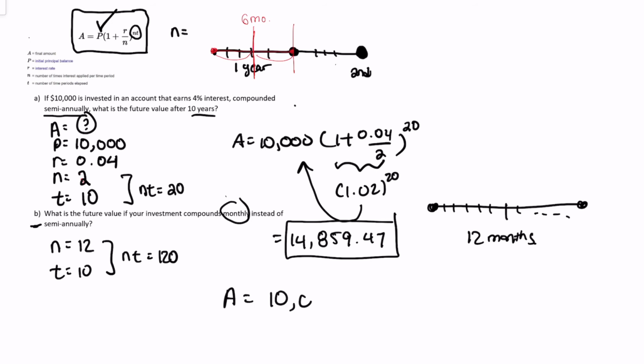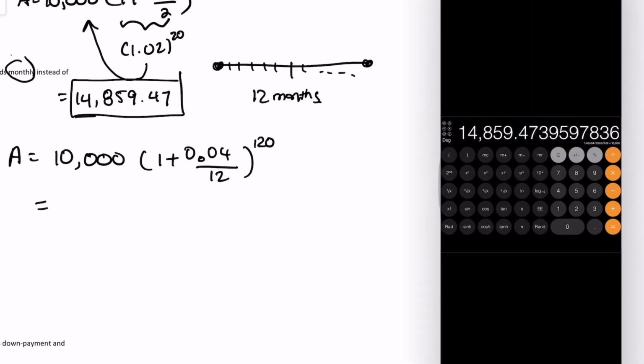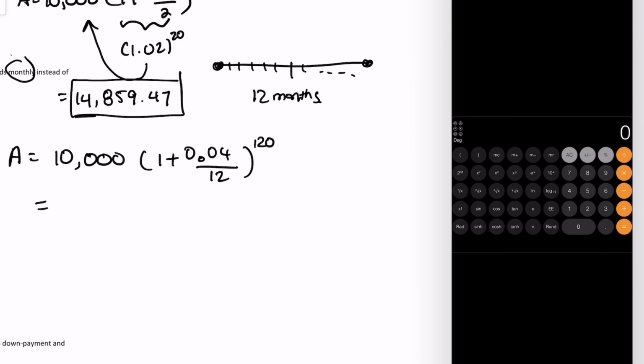So everything else will stay exactly the same. The only difference is you are compounding this money a little more often. So this becomes 12, and that becomes 120. Alrighty, so let's see if we get more money than 14,859, or less money, or does that even make any difference? So 1 plus